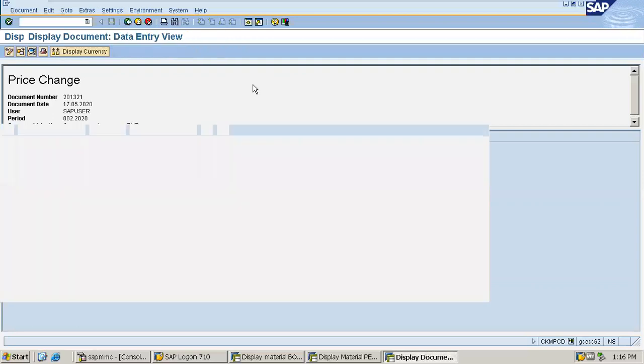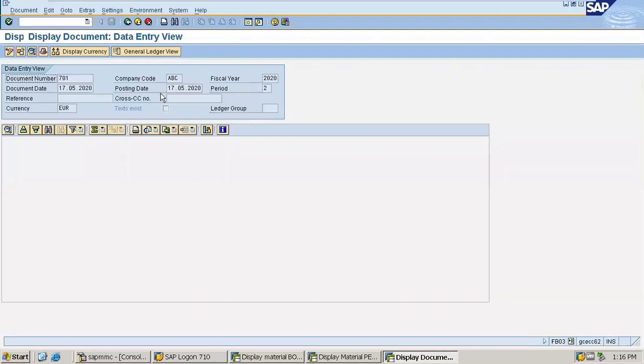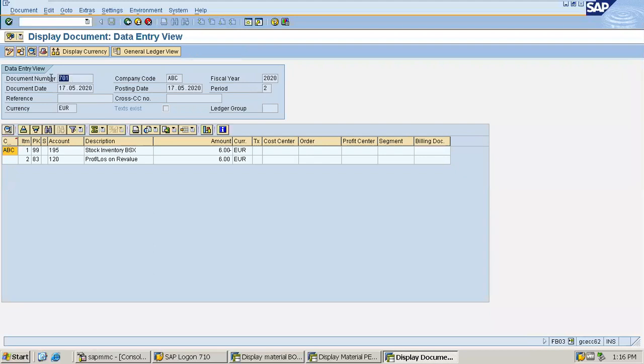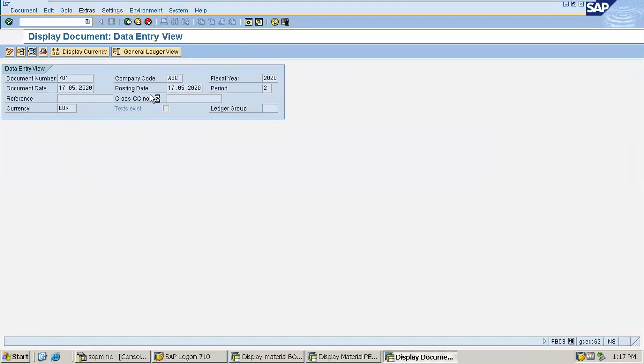In fact, yes, the document number is 701, and today's date, it has just been created. Stock is being decreased, and profit and loss on revenue is debited, and stock inventory credited. Absolutely fine.